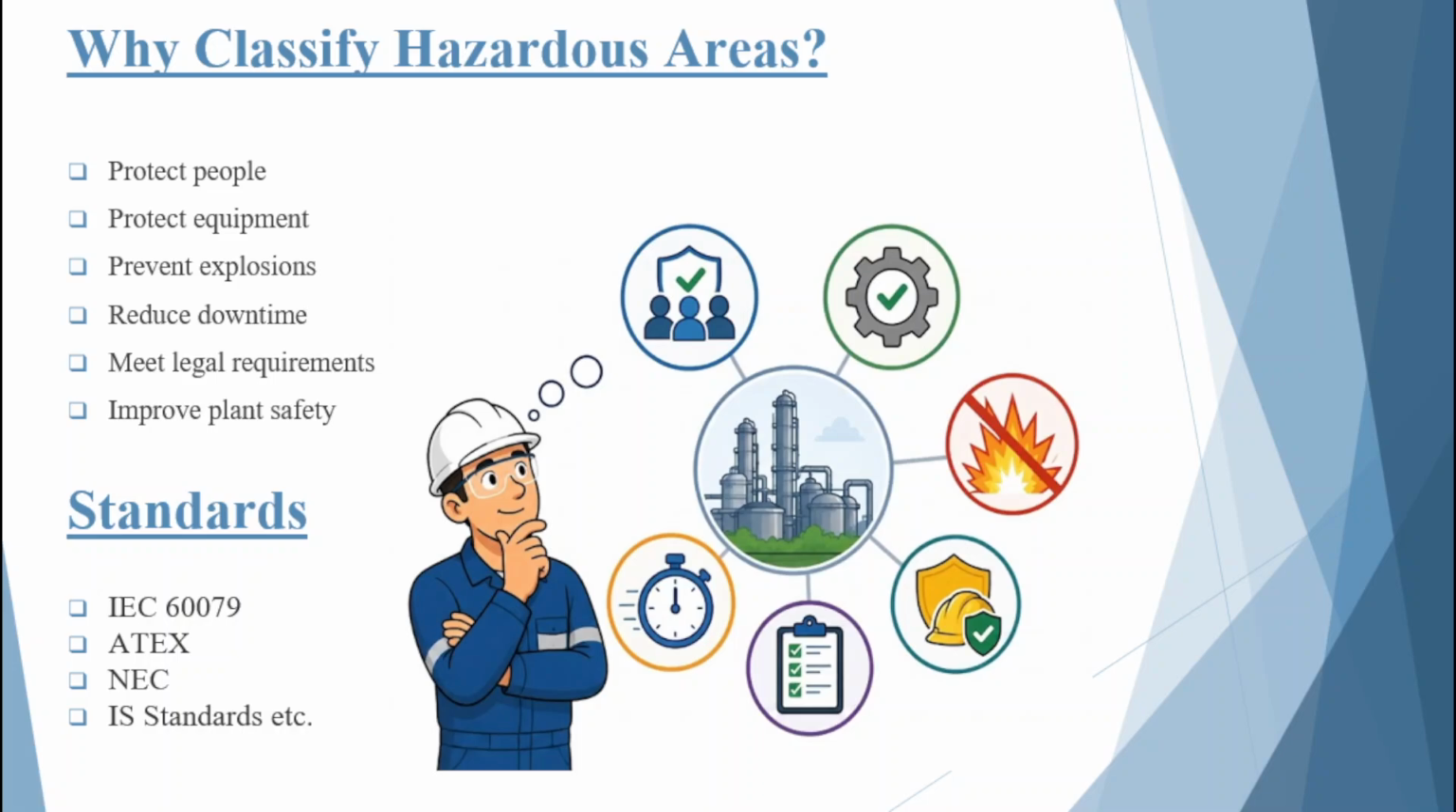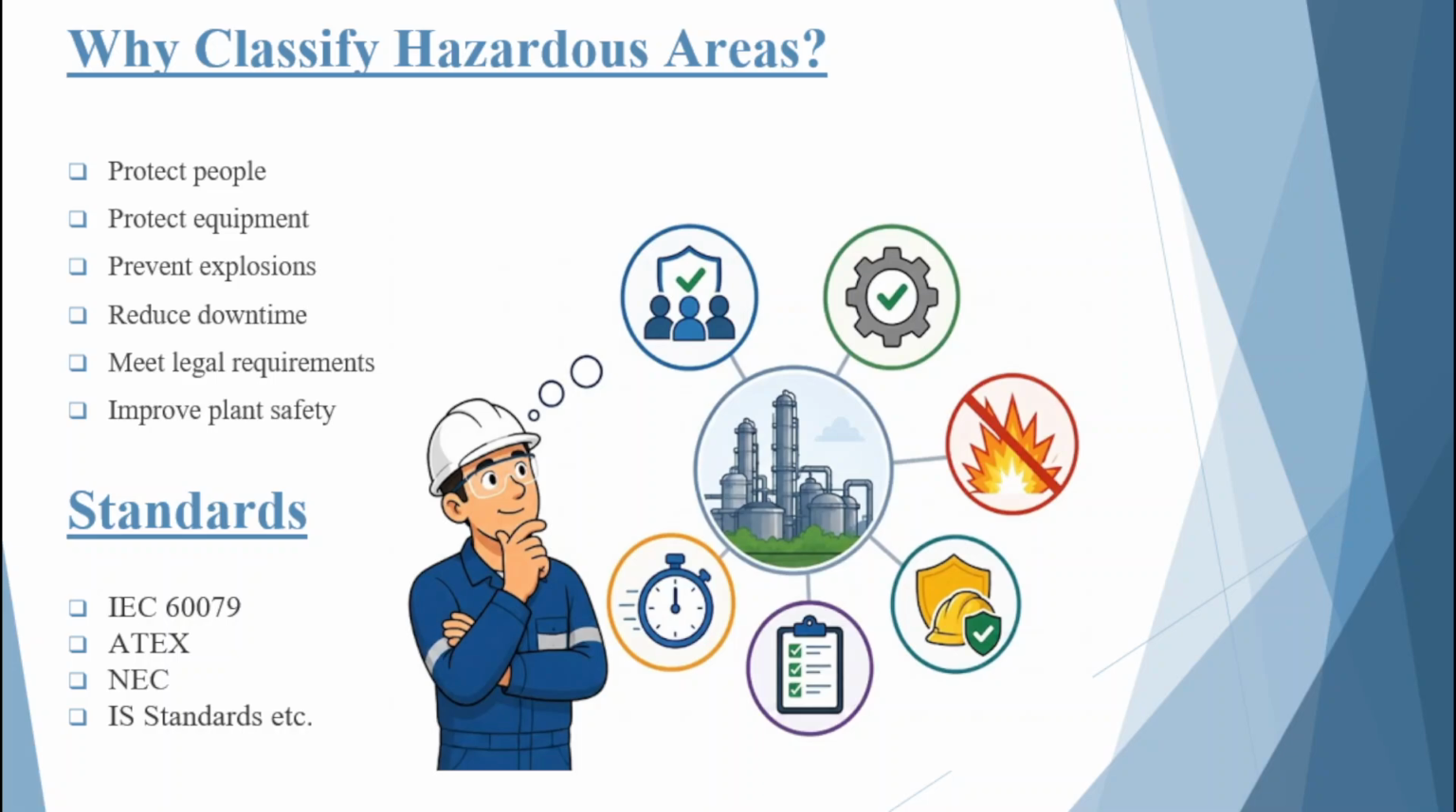The safety of plant personnel is always the highest priority. Proper hazardous area classification helps reduce the risk of injuries and loss of life caused by fires or explosions. The second objective is to protect equipment. Explosions can severely damage pumps, motors, electrical panels, pipelines, and other critical plant assets, leading to costly repairs and production